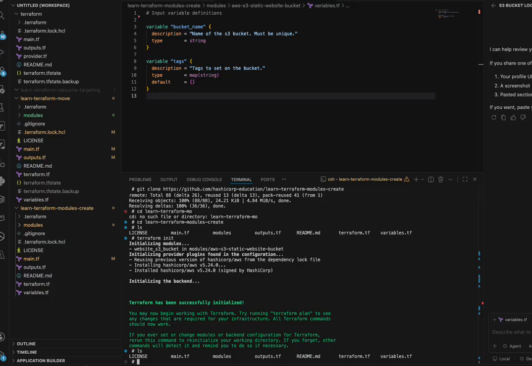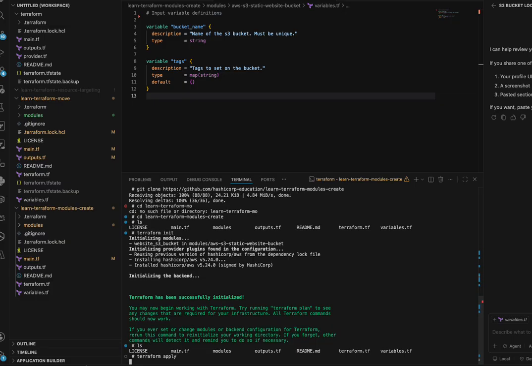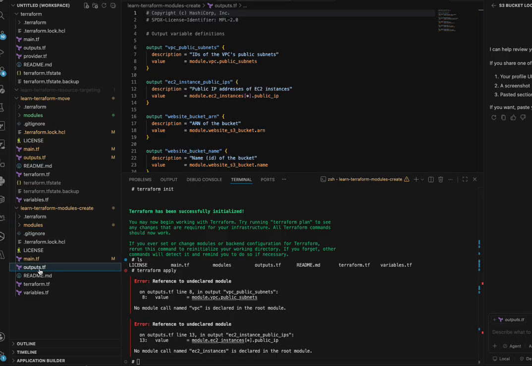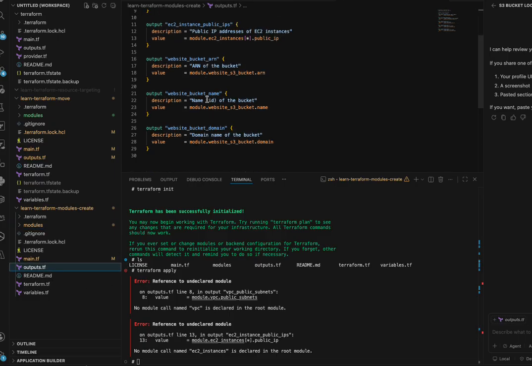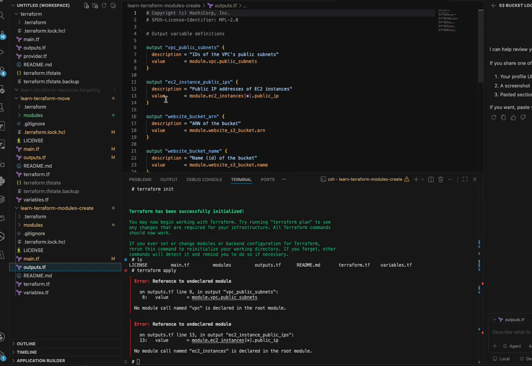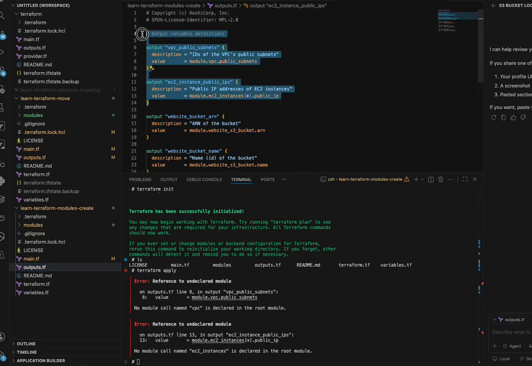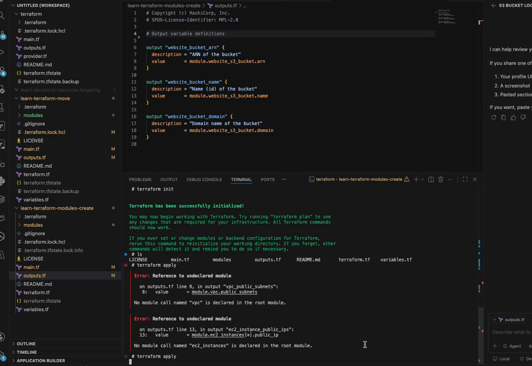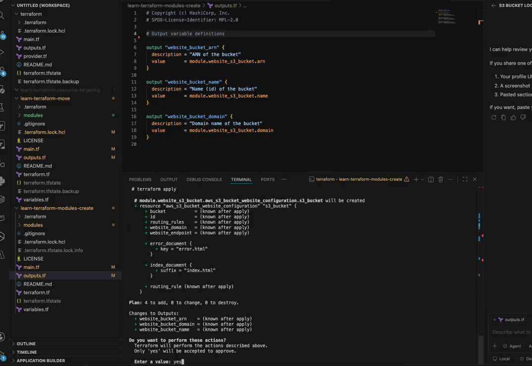Now I think we are at a place where we have installed the local module. Let's try to do Terraform apply. We should just create an empty bucket because we don't have anything inside it, and let's see what happens. It's complaining about the outputs because we have removed the other things. The only thing that I want is the configuration related to my S3 bucket. I'm just deleting the other ones, and I'll do an apply again, and you can see that now it's able to proceed, and